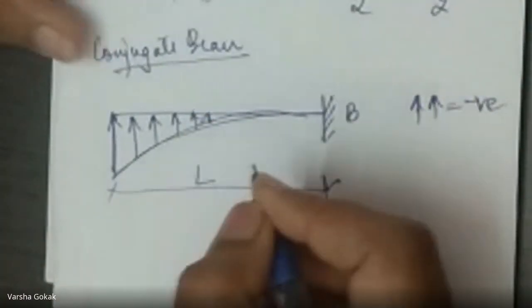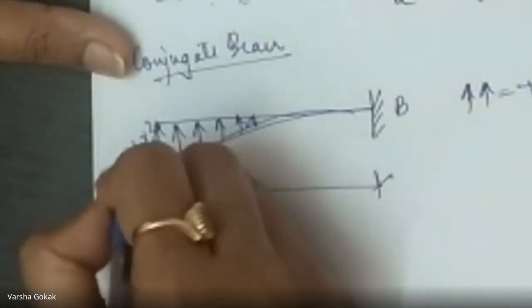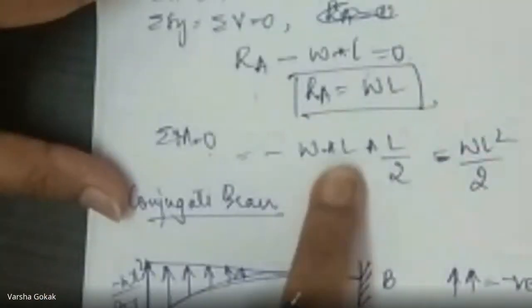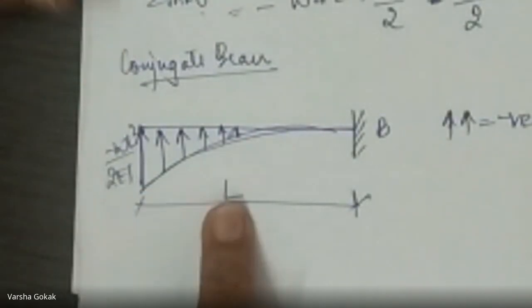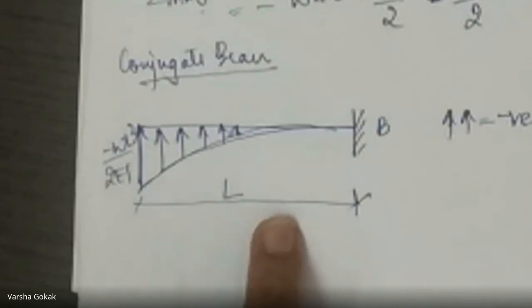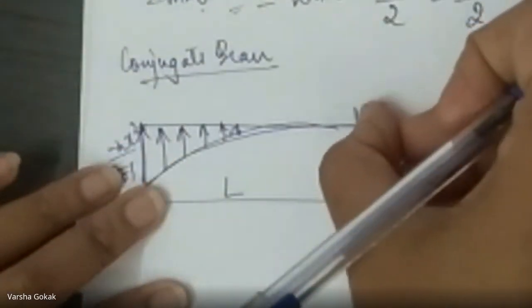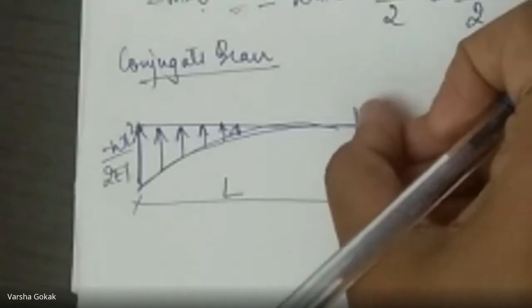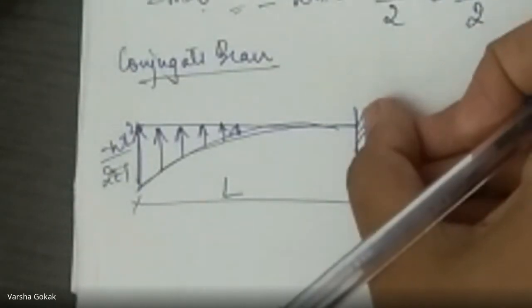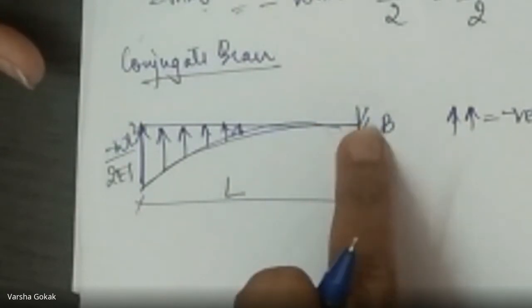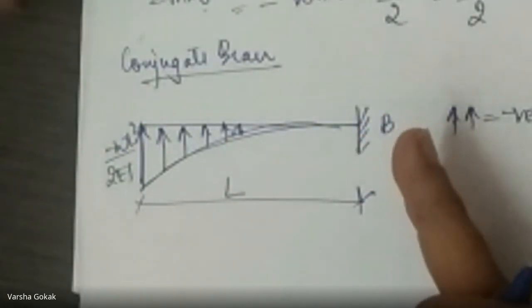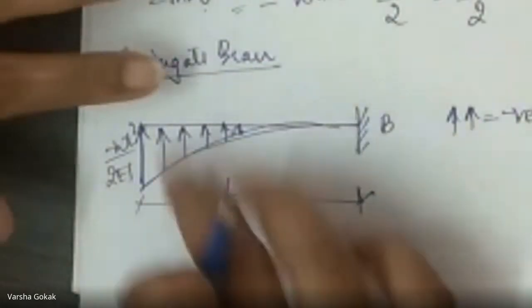So this is the span, that is L. This is WL square by 2EI only. That will not change. We calculate WL square by 2EI, and this will remain as WL square by 2EI only. Clear? This is the conjugate beam. Now, in this beam, if I want to find the slope at this point, slope means the shear force at that point. If I'm starting from here, I know the shear force value, so the shear force value of that point will be the slope at this point, and the bending moment would be the moment of this area.